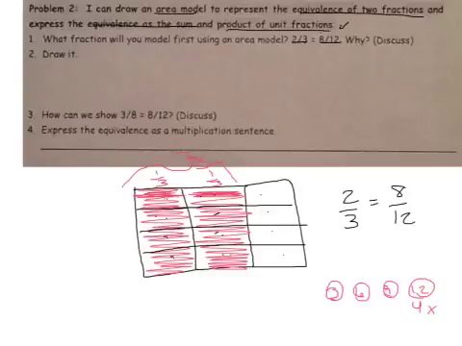So now the next part is drawing or expressing this equivalence as a multiplication sentence. To do that, what I want to do is do it as an addition sentence first, and then as a multiplication sentence. So I'm going to do 2/3 equals 1/3 plus 1/3, because that's how we started, 1/3 plus 1/3 equals, and each one of these now is 1/12,